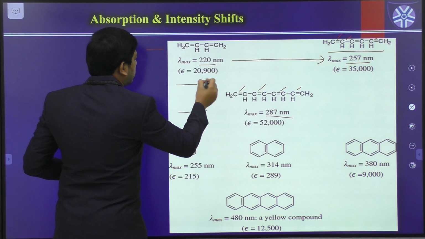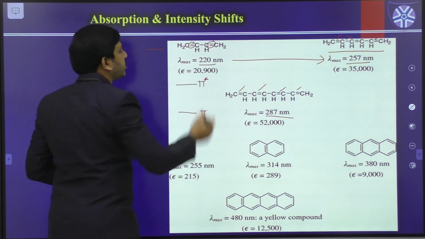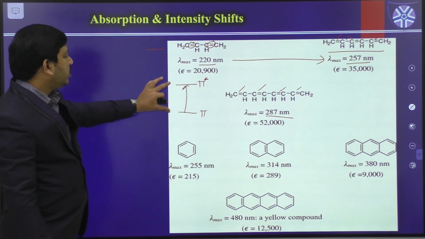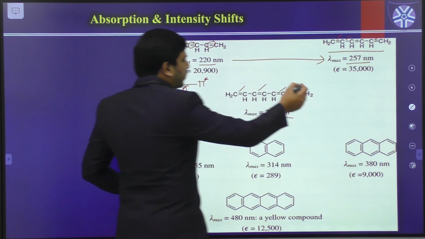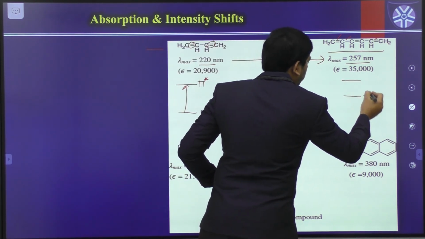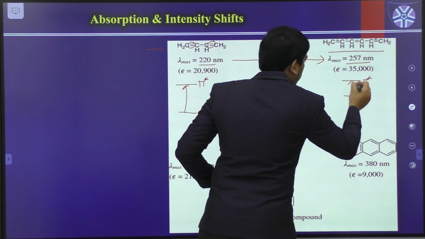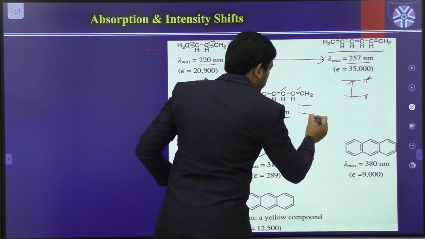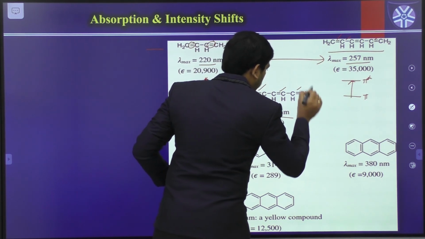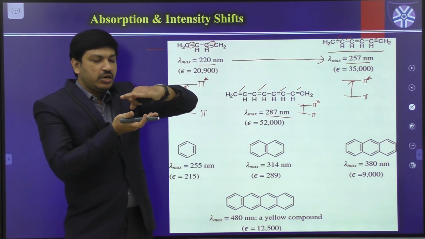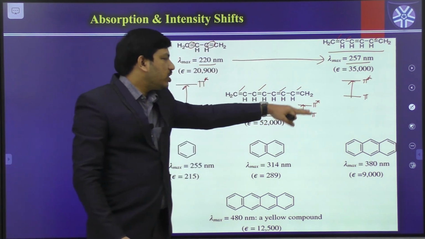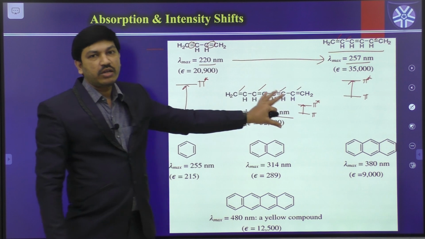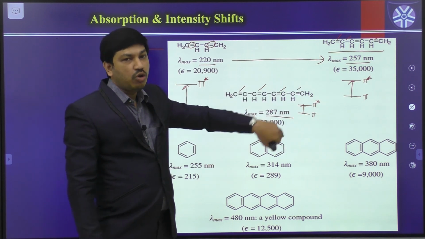So basically in this case, what is the reason? This is mainly because of the pi to pi star transition. Yes or not? These groups are C double bond C groups. That means what is the possible transition? Pi to pi star. So in this case, this is the energy gap. But here, this gap is a little bit decreased because of the additional double bond. And in this case, this gap further decreases like this. So the difference between energy levels decreases because of the extension of conjugation. So once the energy gap decreases, automatically the system absorbs longer wavelength, that means lower energy.